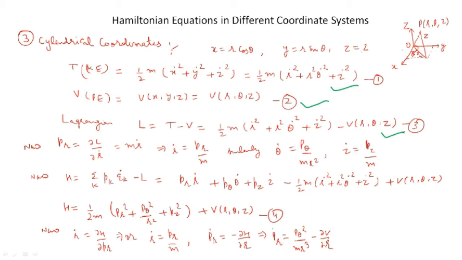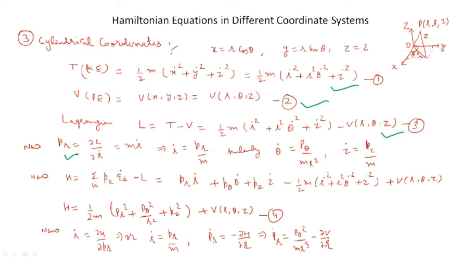Now because the Lagrangian is defined in terms of the generalized coordinates and generalized velocities, and the Hamiltonian is defined in terms of the generalized coordinates and generalized momenta, here we will find p_r, and that will be equal to del L over del r dot, and it is equal to m r dot. It is found from equation number 3. So here we can find r dot is equal to p_r upon m. We can say here that the generalized velocity is written in terms of the generalized momenta, and it is equal to p_r upon m. Similarly, we can write for theta dot, it will be p_theta upon m r square, and z dot will be equal to p_z upon m.